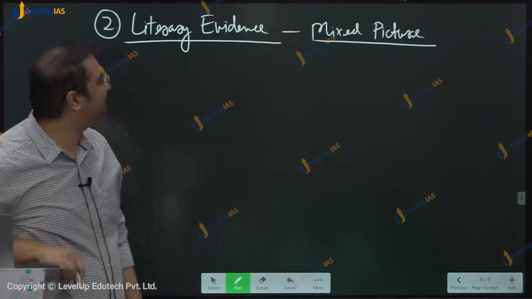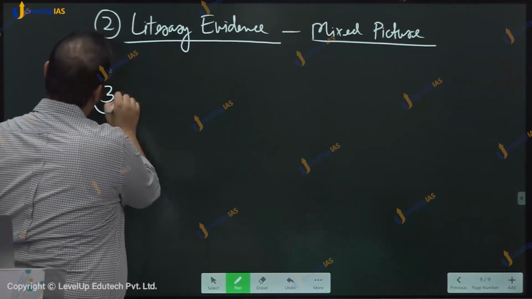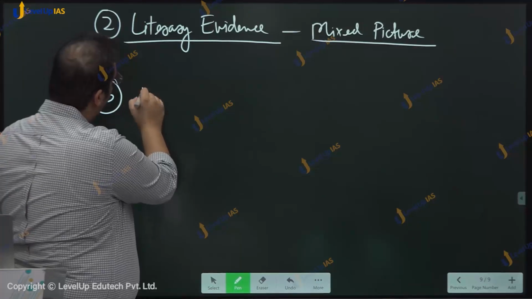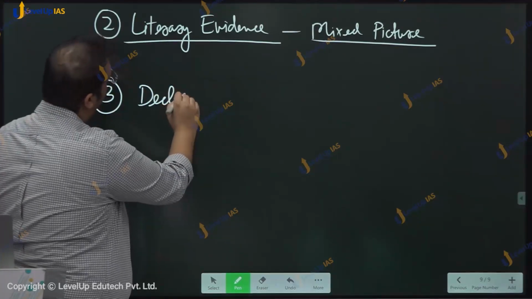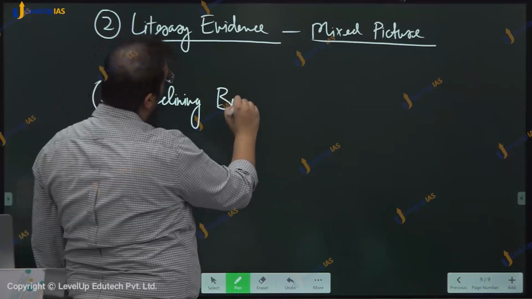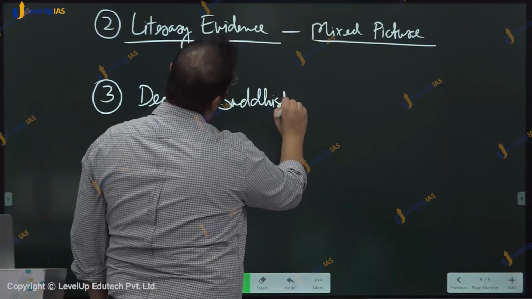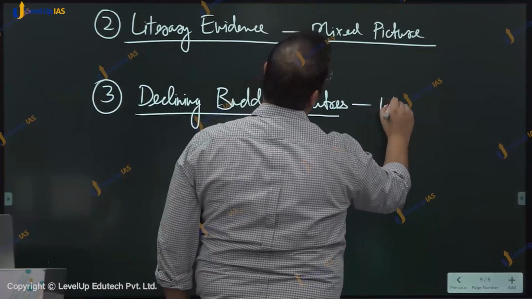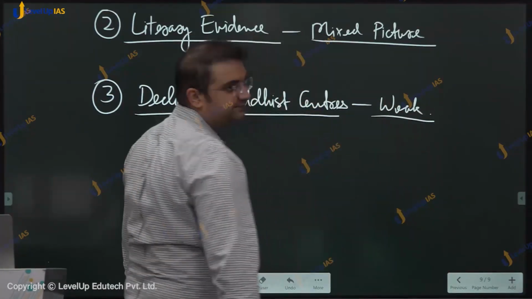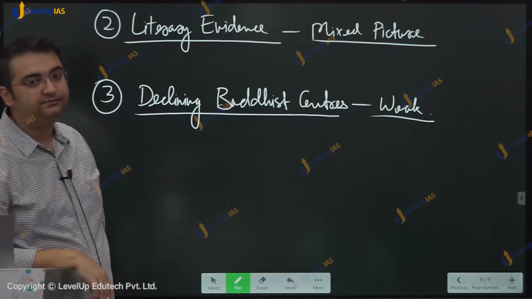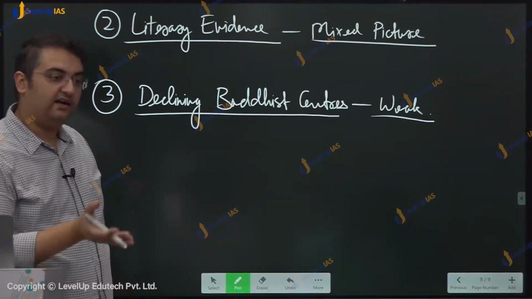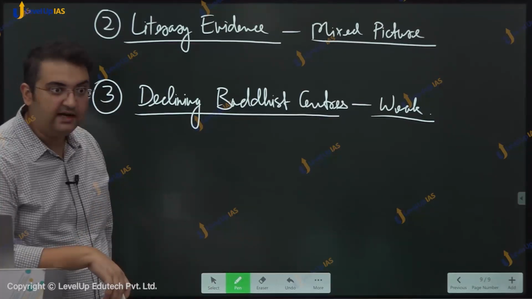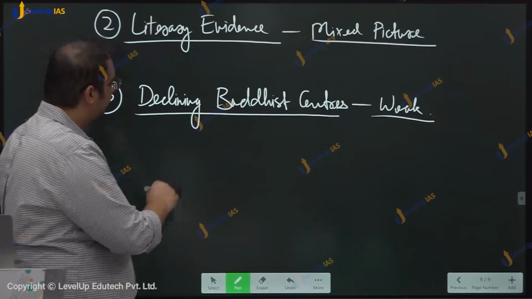Number 3, right? The argument for declining Buddhist centers is also weak. Why? While some of the earlier Buddhist centers declined, definitely some other ones began to emerge and grow substantially, such as